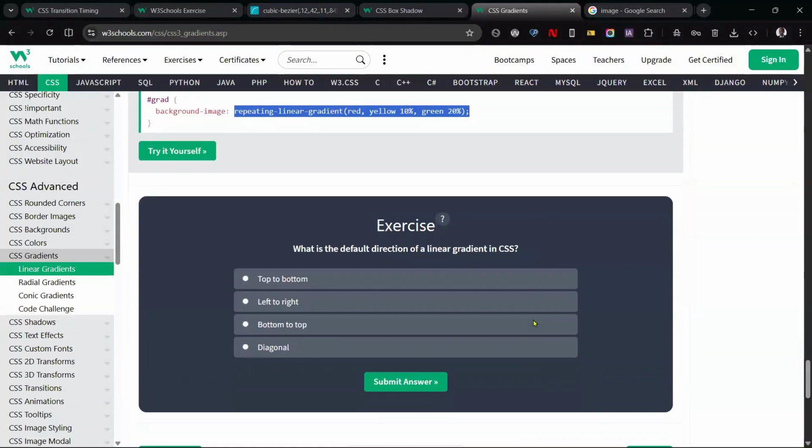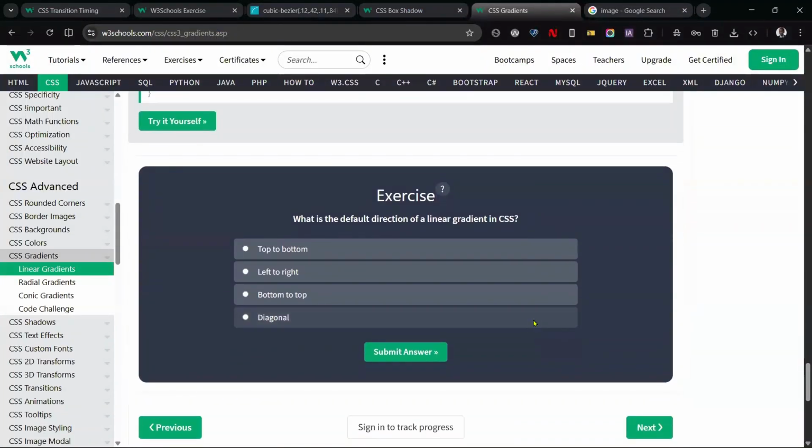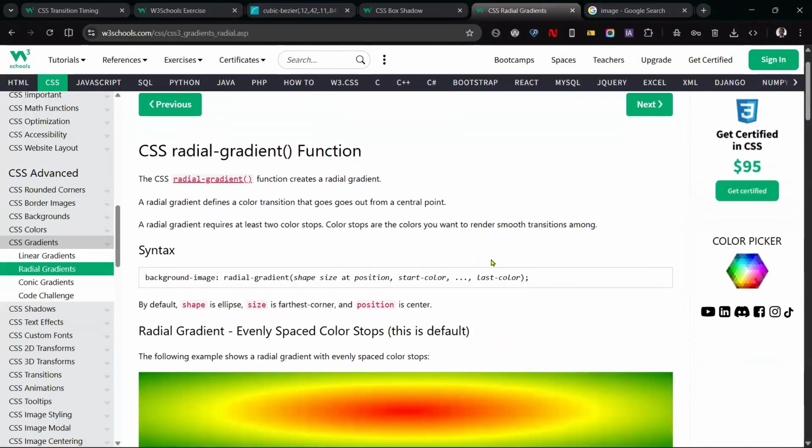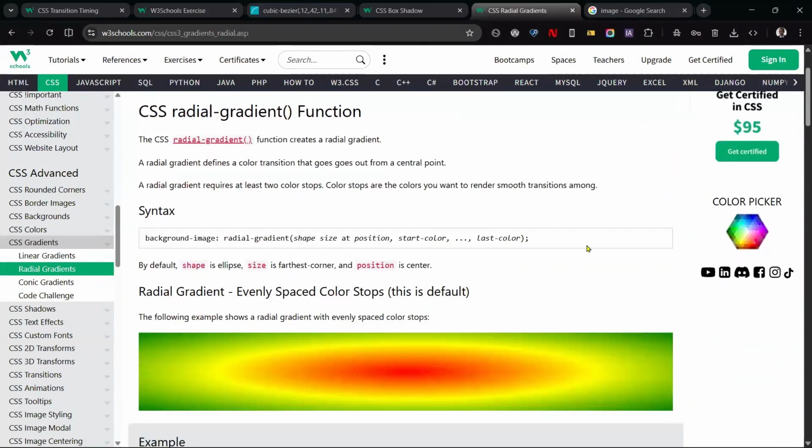So I think it is easier. All these are the same thing that we did. I don't want to go through it because I already gave you the example. But this is linear. If you want, you can go on and check it out. But let's look at it. It is simple. As I told you, the radial, this is how the radial is,